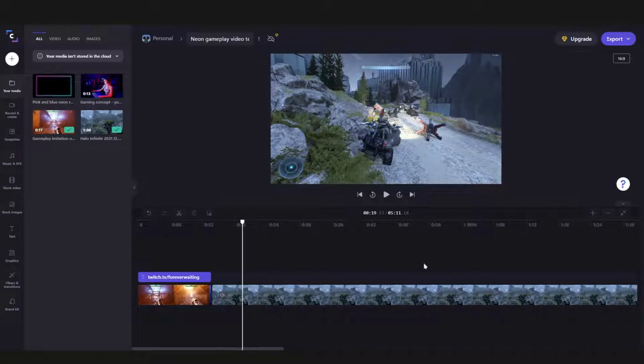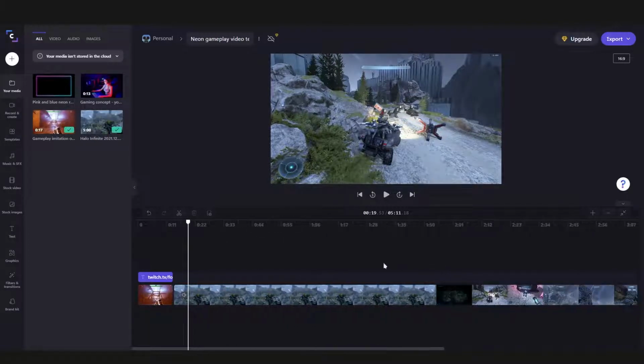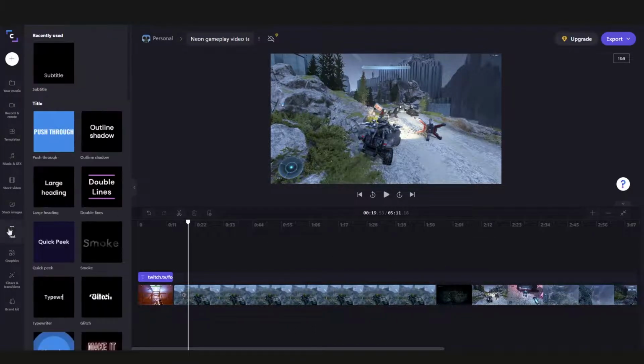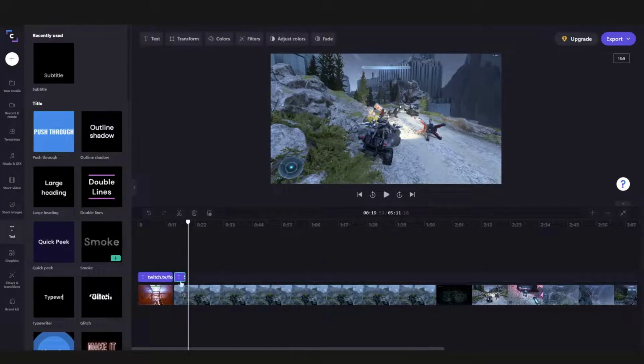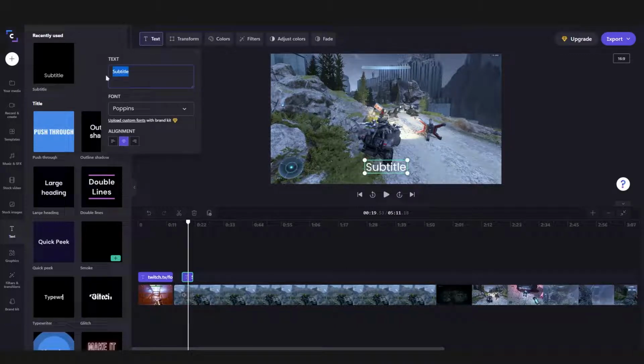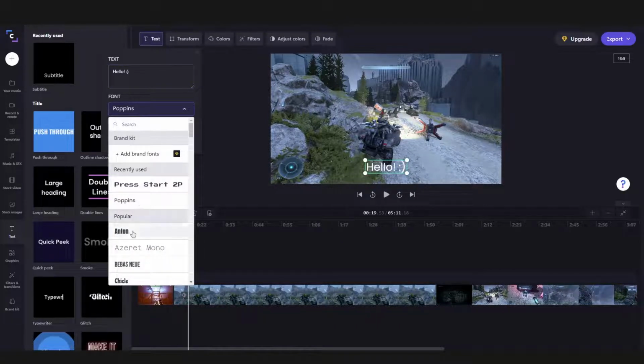down. To add text to your footage, you can head over to the text tab and choose from one of the templates right here. To add it, just simply click on the plus icon or drag it into your timeline. Now to change the text, all you have to do is click on it in your preview or in your timeline, then head over to the text properties here on the top left and change the text from there. Another thing you can change here is your font, so don't be afraid to be as creative as you want